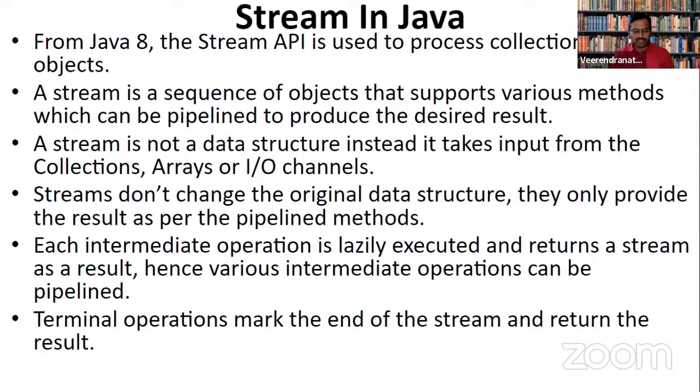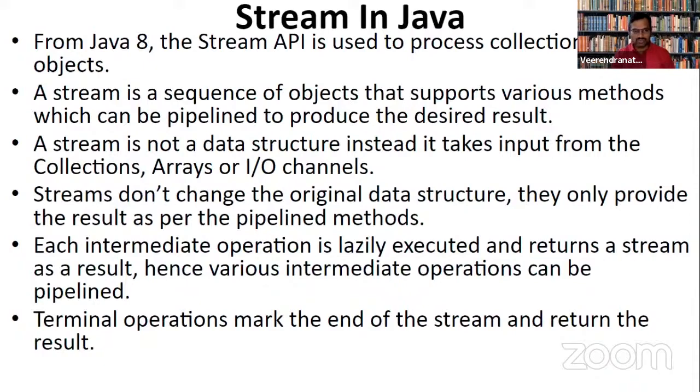So to give you a summary, what is a stream again? A stream is nothing but an API which will be used to process the collection of objects, where some of the methods are pipelined. So what are those methods? Those are intermediate operations or intermediate methods, and terminal operations or terminal methods. So methods, operations, functions, they're all kind of synonyms for the tasks which are to be operated.